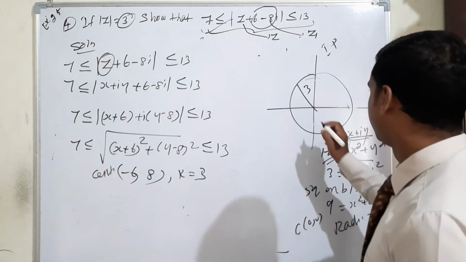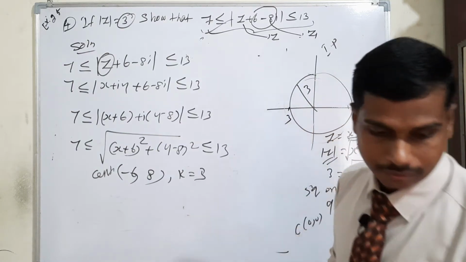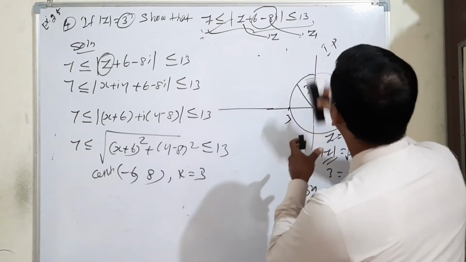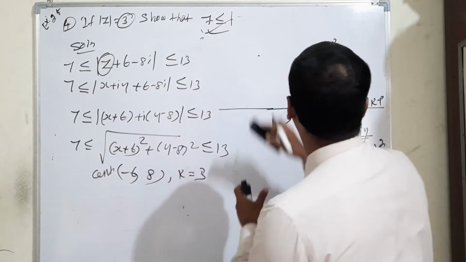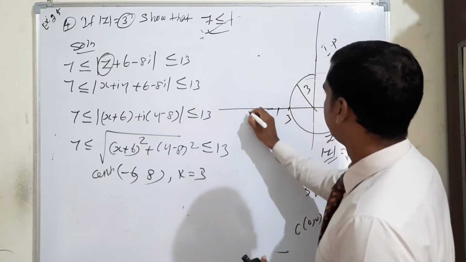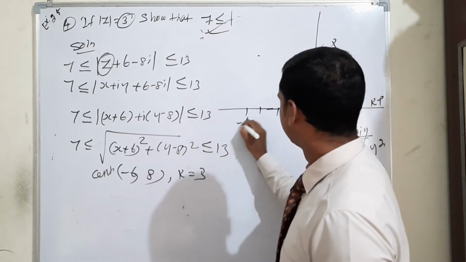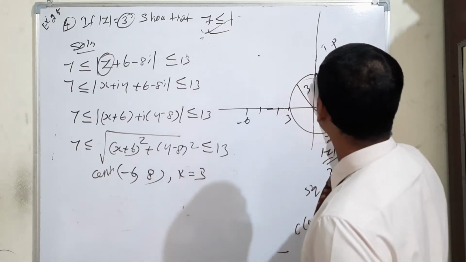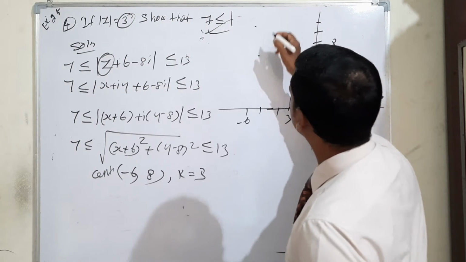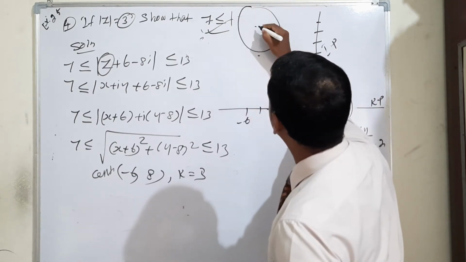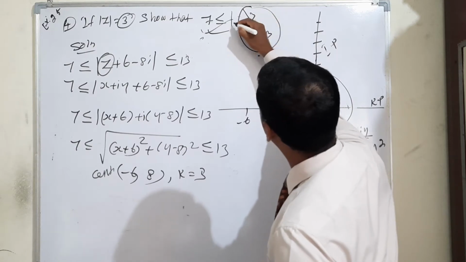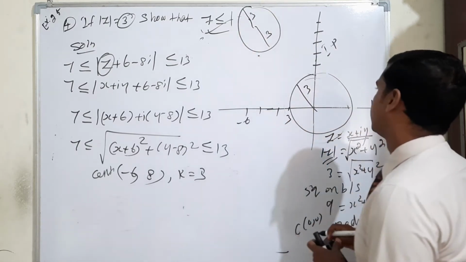So minus 6 means 6. This is already 3, isn't it? Three, 4, 5, 6. Minus 6, then y is 8. This is 4, 5, 6, 7, 8. This is considered for the radius, so definitely this is also 3, this one also 3. So 3 plus 3, totally how much do we have? 6 is there, but